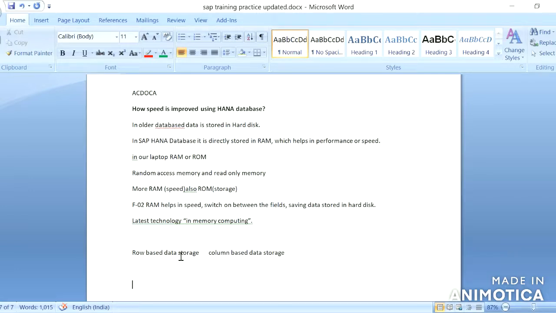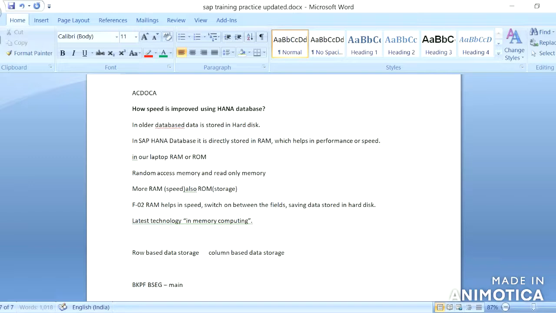So how is the data getting stored? All the transactions which are posted will be stored in the BKPF and BSEC tables. These are the main tables.